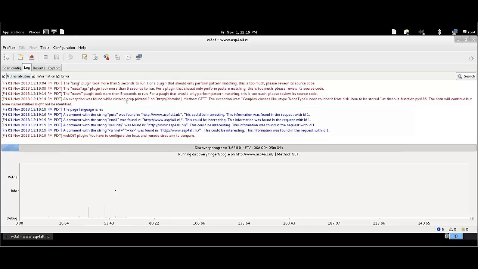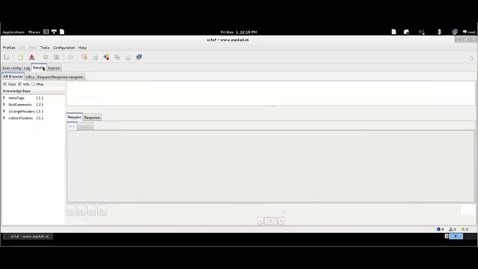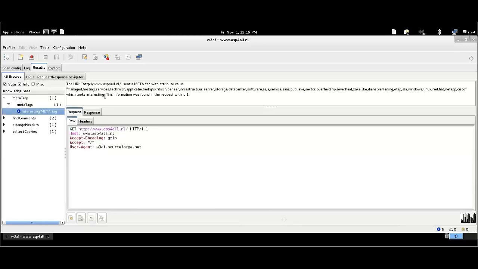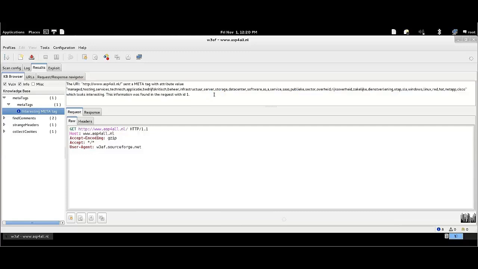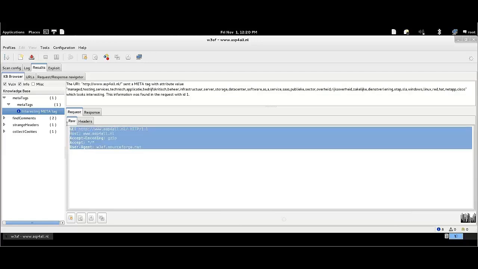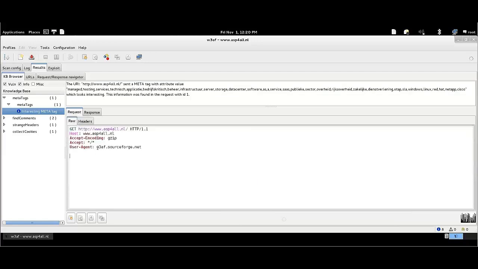So now when you look onto your screen, it just started, and there you can see a really nice timeline, and it just started the scanning of my website. And here in the results section, if you click onto the results section, you can see there are different subcategories, or there's an icon. You can click onto it, it'll give you a drop down menu, and then again you can click onto it, another drop down menu. If you click onto this section on the right hand side, you can see a detailed overview of the specific attack or the thing that it figured out. You can see the response header as well in the lower part of the right hand side in a box.